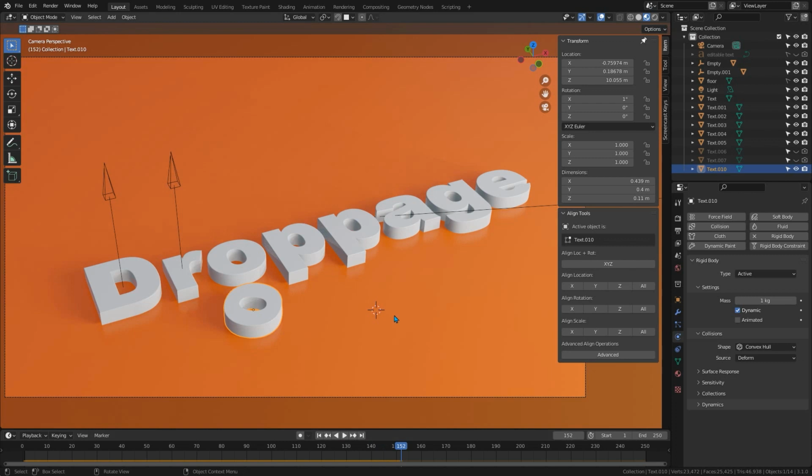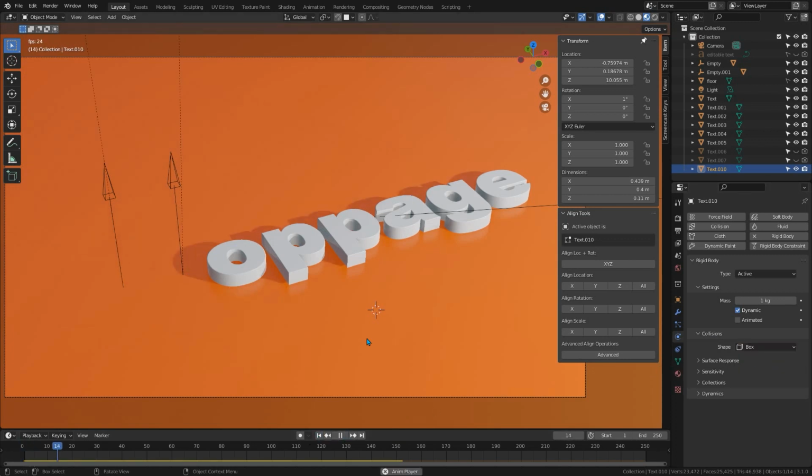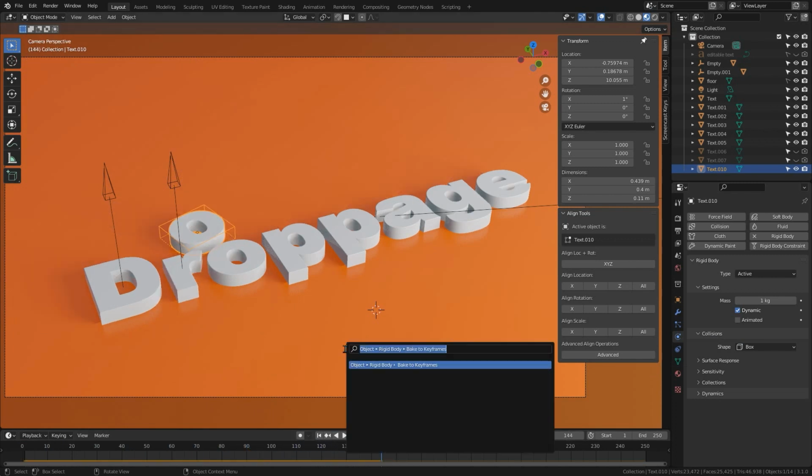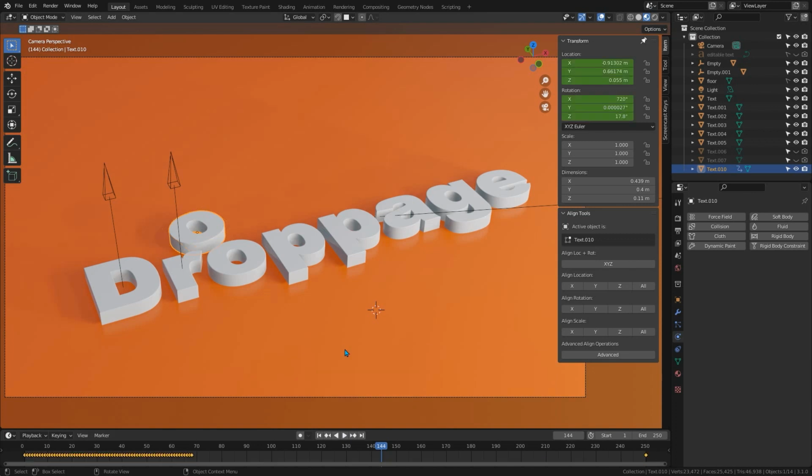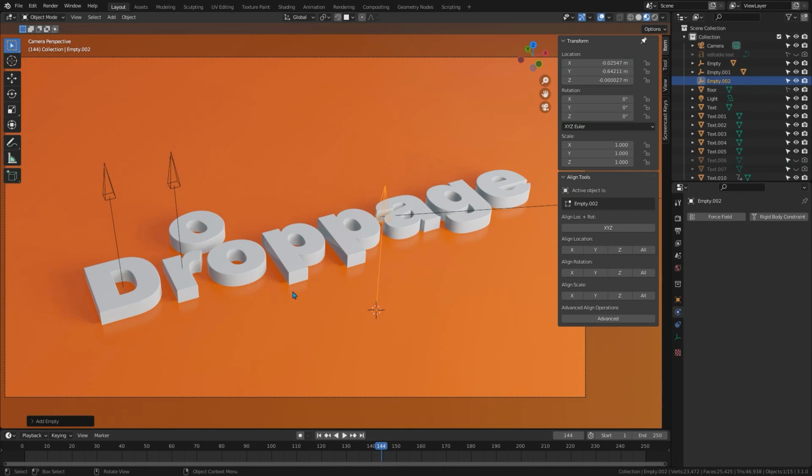And the rigid body system struggles with cylindrical objects. And there are a few ways to change this, but the quickest one is just to go to Collisions and change Convex Hull to Box. Now if we go back to the first frame and resimulate, just by pressing play, that one will settle much more quickly. So again, I'll press F3, hit enter again, delete the last keyframe, add an empty,